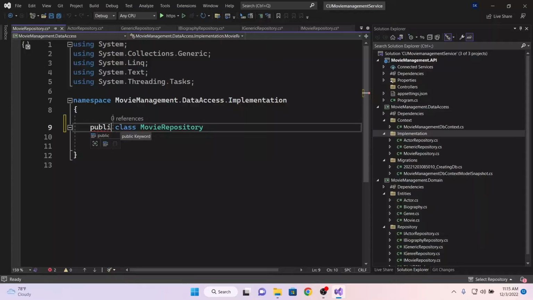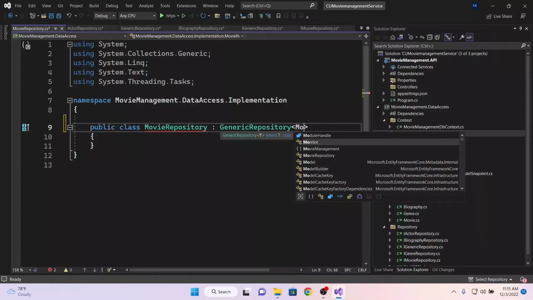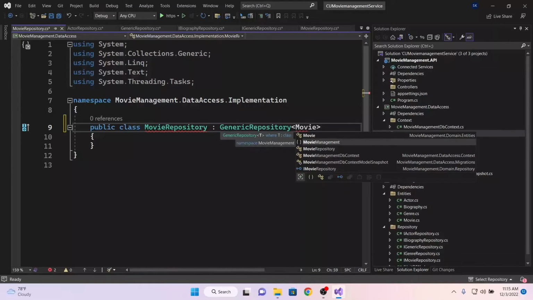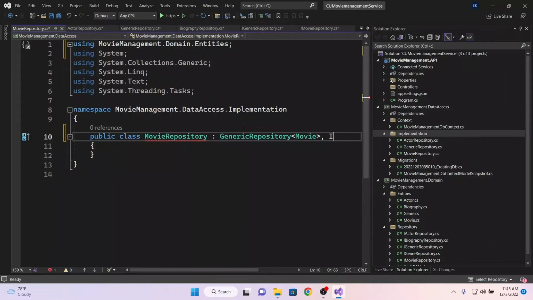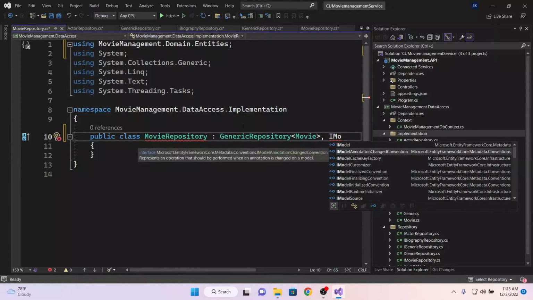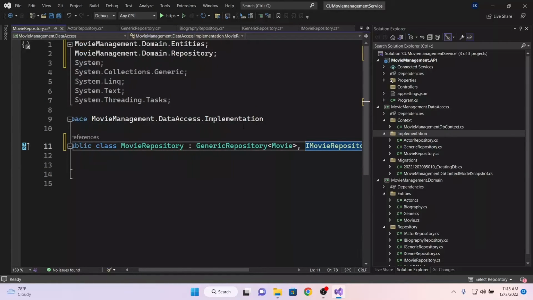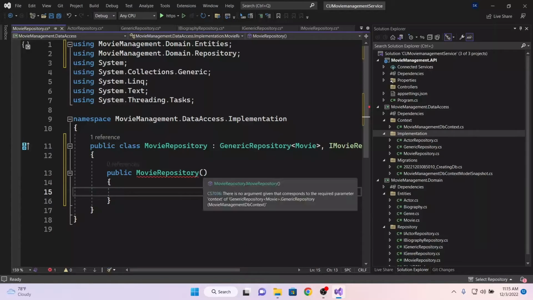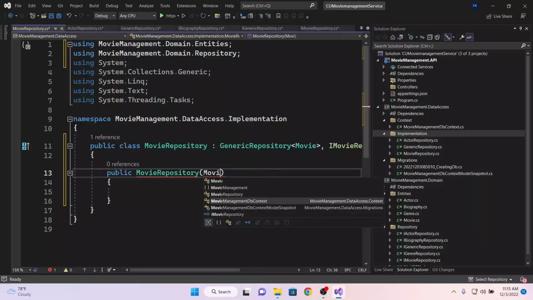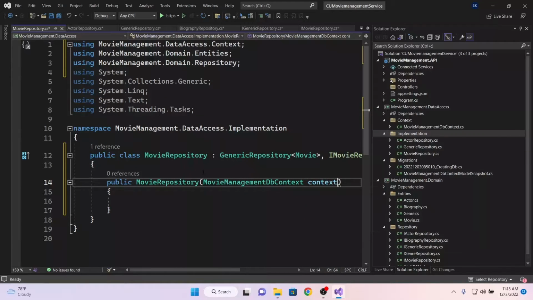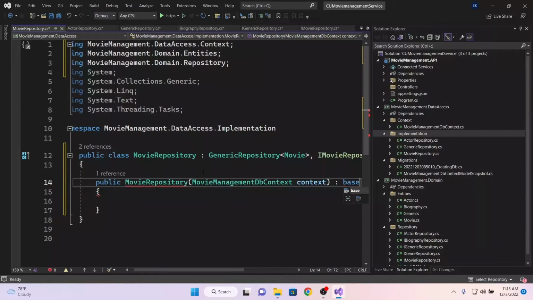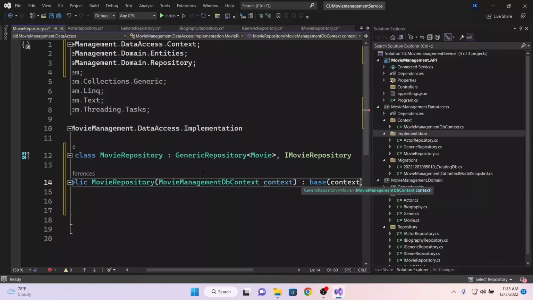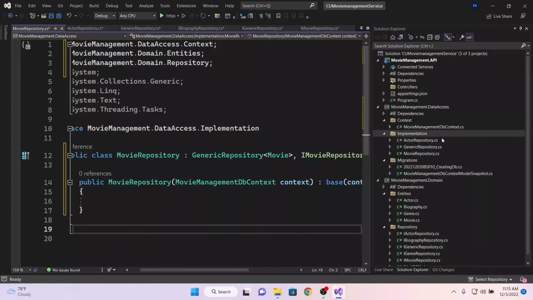Make it public, and generic repository, give it a movie, like so, and also get it from the iMovie repository. Here the constructor takes in a MovieDB context, and pass it to the base as well. Pass the context. You're done with that. Then you're going to do one for